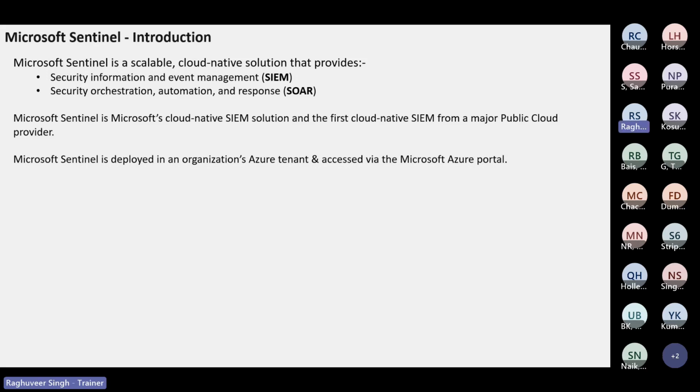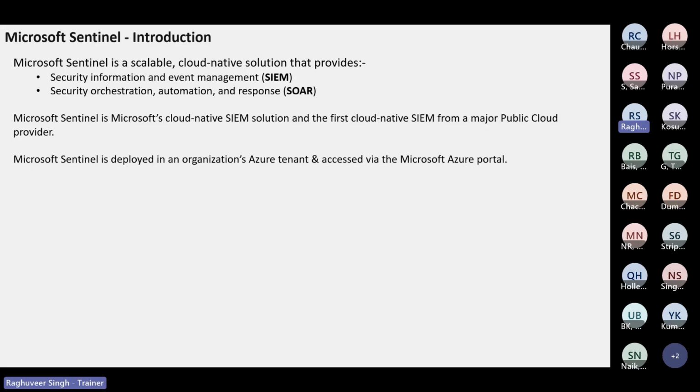Or the incident will be initially triaged by the SOAR solution. That's the automation part of it. So Microsoft Sentinel has both SIEM and SOAR capability. And it is also a cloud native SIEM solution. When I say cloud native, it basically means that Microsoft has built it from scratch and it is only available from Microsoft Cloud Portal. You don't have Sentinel service available from on-premises, or this service is available through marketplace on other cloud service providers. No, it's a cloud native SIEM solution, and it's the first cloud native SIEM from a major